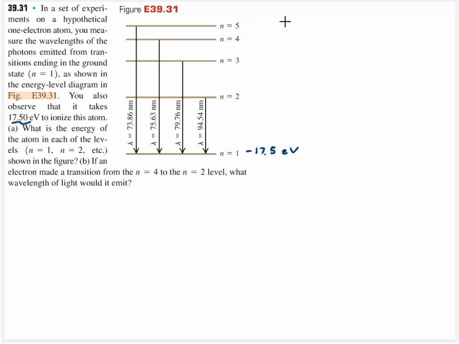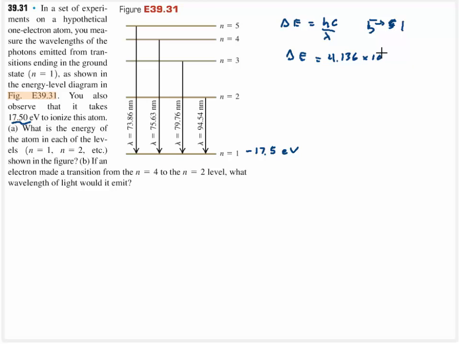Something that we know is that delta E is equal to hc divided by lambda. Let's take a look at the 5 to 1 transition. We know the wavelength associated with that, and so we can say delta E is going to be equal to h, which I'm going to use in electron volts,